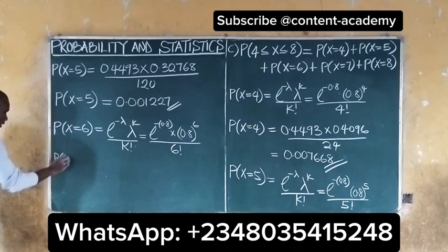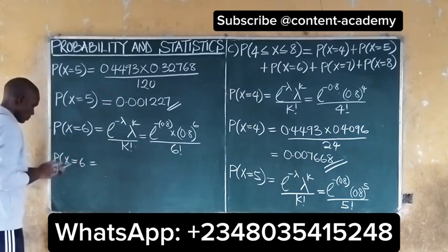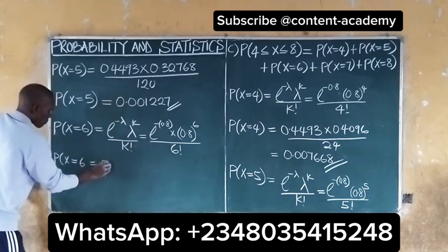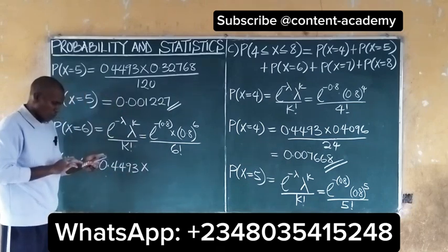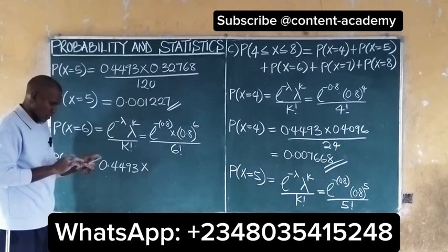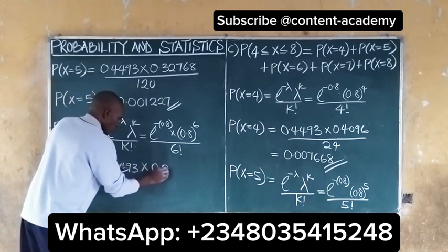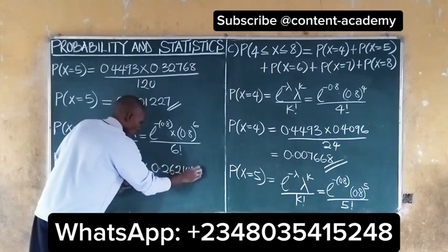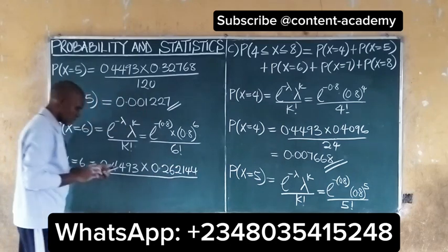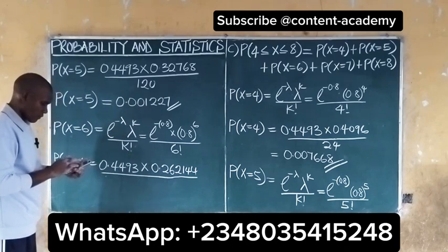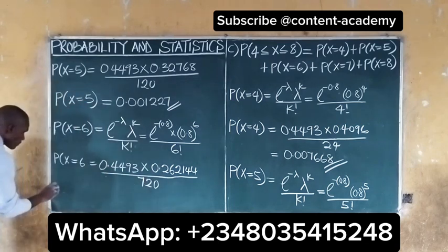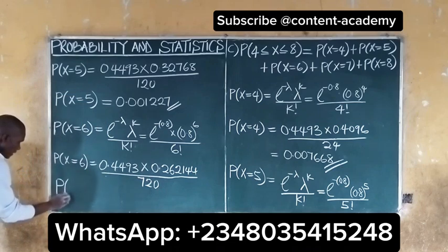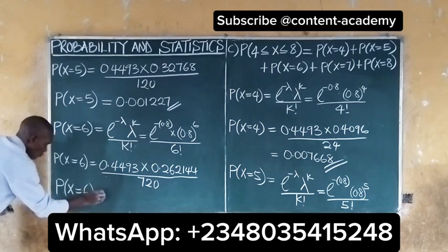So we have P(x = 6) to be equal to, this first one is 0.4493 multiplied by 0.8 raised to the power of 6. We have 0.262144 divided by 6 factorial. What is 6 factorial? We have 720. So it then means that our probability that x is equal to 6 will be equal to,